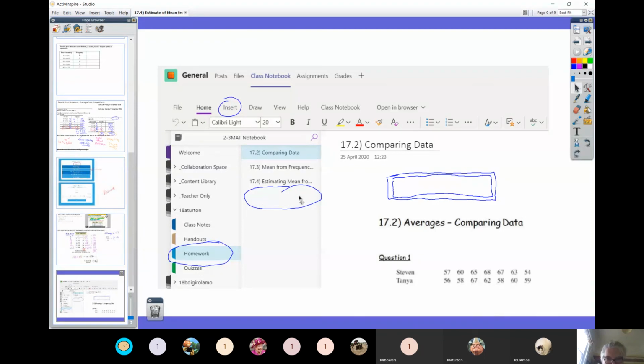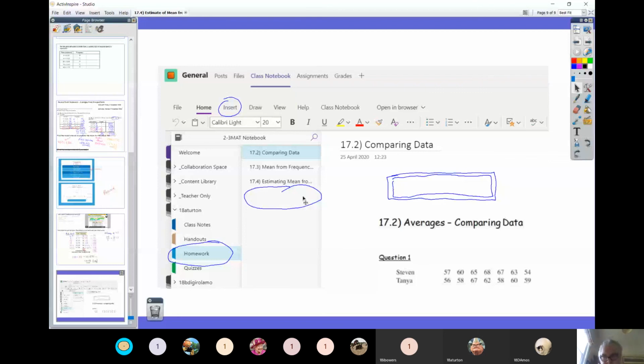Once you've clicked on that page, you've got to go over to the page itself, double click on it quite a long way down to open up this rectangle thing, and then you can choose from the insert options. You go insert file if it's something you've scanned and it's a PDF or Word document, but you take the picture option if it's a JPEG. Lots of you are getting good at that. So if you can scan your work in, that would be super.